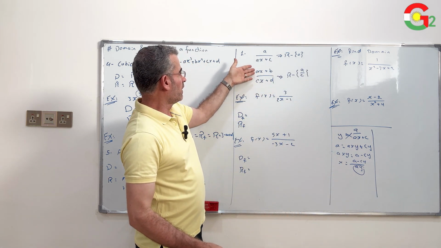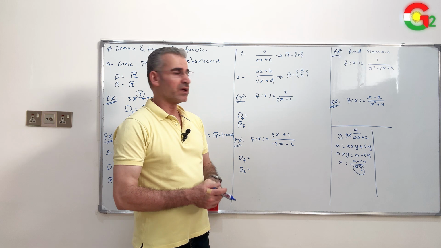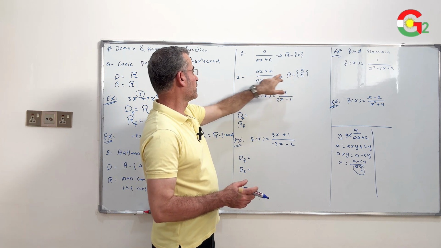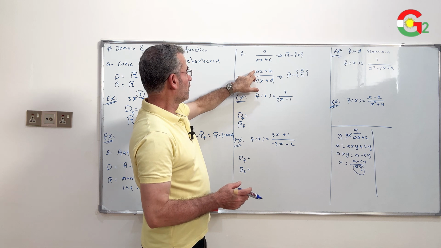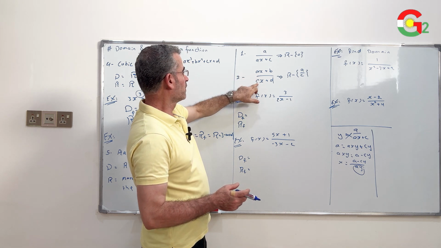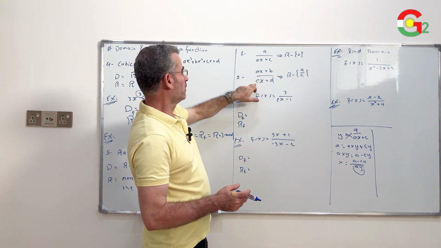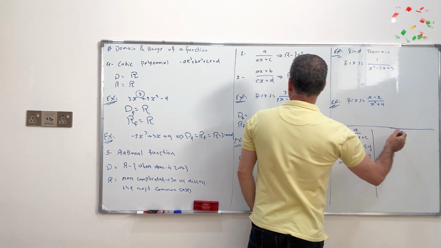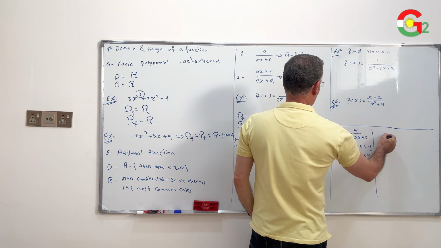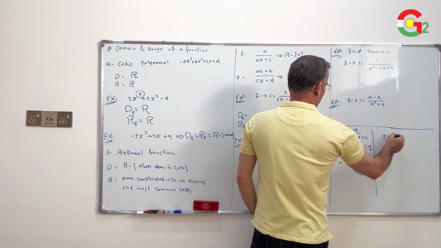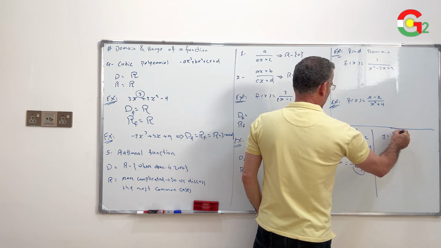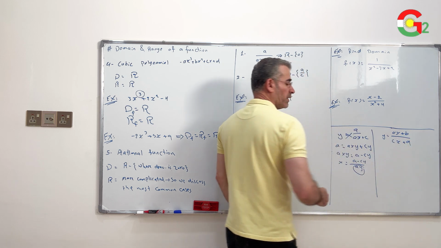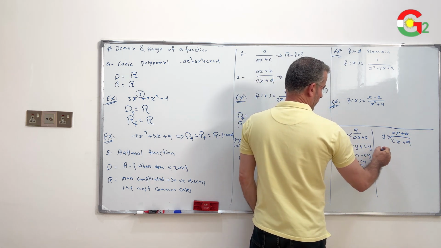if we have a linear function over a linear function, then the range is all real numbers except the coefficient of x in the numerator over the coefficient of x in the denominator, a over c. Why this? How can we find this? If we solve this equation, y equals ax plus b over cx plus d, to find x, then